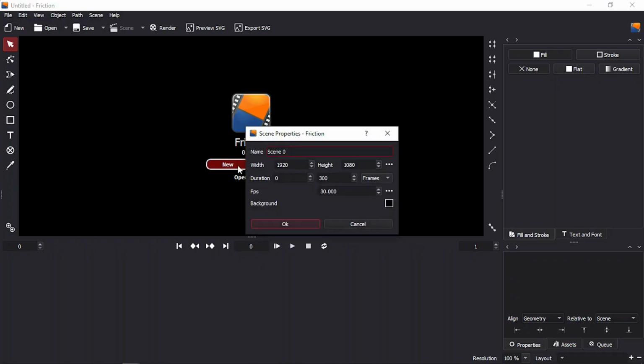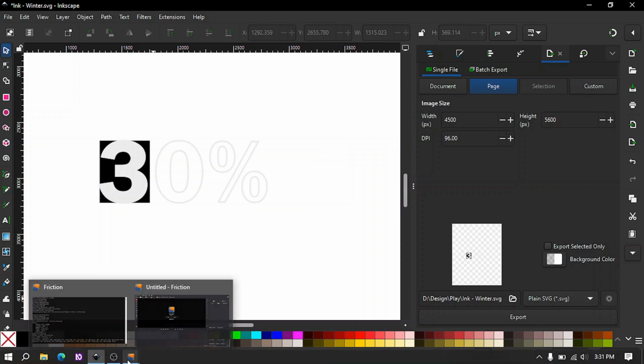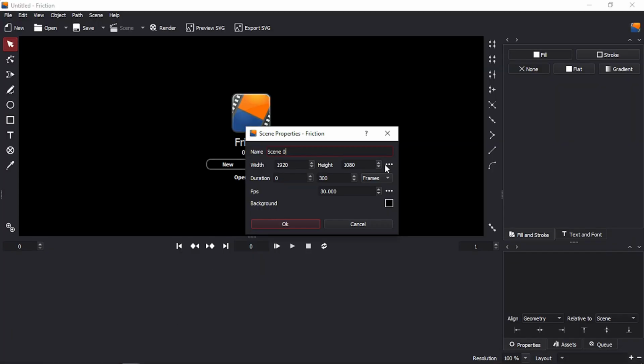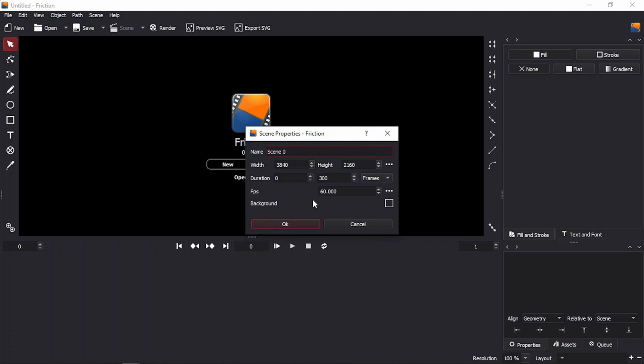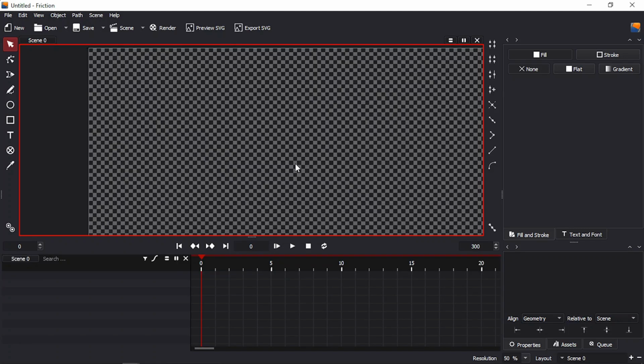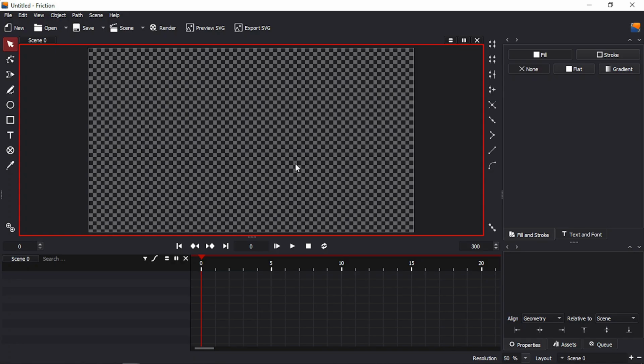Now let's go new, and we prefer to go with, let's now come back here. Our width, our dimensions are these: 3840 by 2160, and duration, everything fine there, but we will go for 60 fps, and our video is going to be a transparent background. We will have the alpha channel at 0 all the way, and we will hit OK. I will press Ctrl 0 to fit